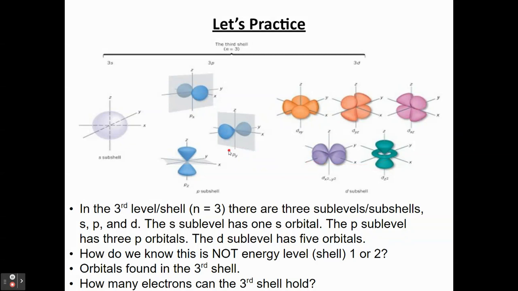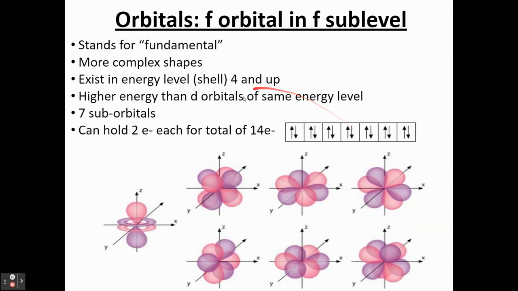It's a bit different than what you learned in grade 11, grade 10, grade 9, where you're told the rule is 2, 8, 8. Now you can see that in reality, the rule is actually 2, 8, 18. You can actually hold more than 8 electrons in the third shell because you have those D orbitals available to you. So 18 electrons. And when you get into the fourth shell, a new sublevel opens up, and that's the